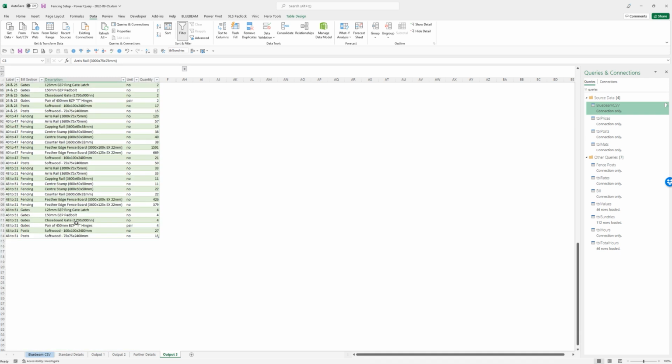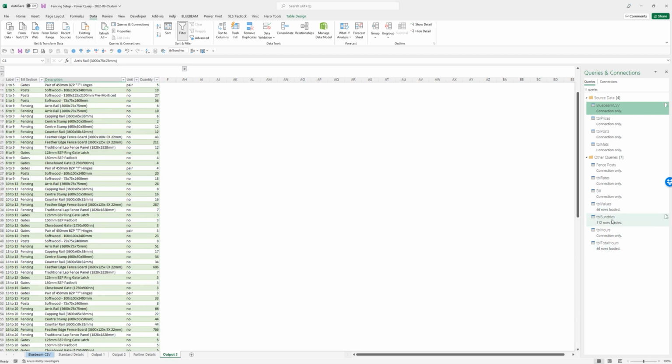So there's a lot of detail there. So if I go into the Power Query for that, just to give you a quick example,